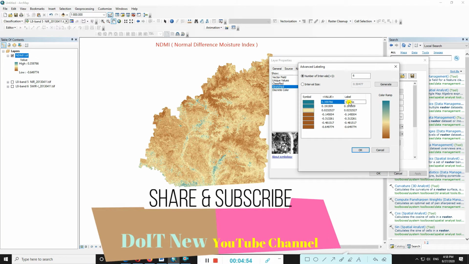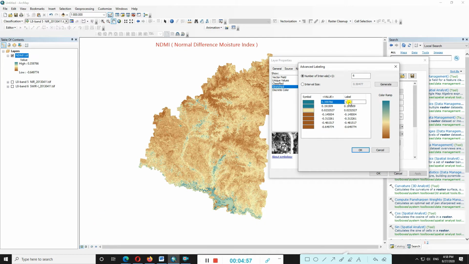Water or very wet soil moisture. Second, press the tab or space button to remove that value. Next option, wet soil.